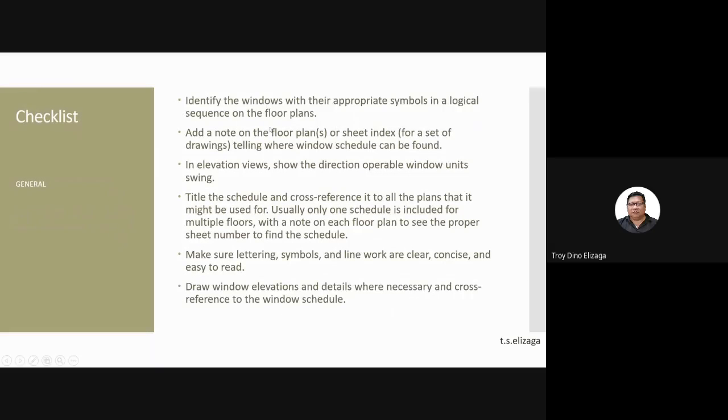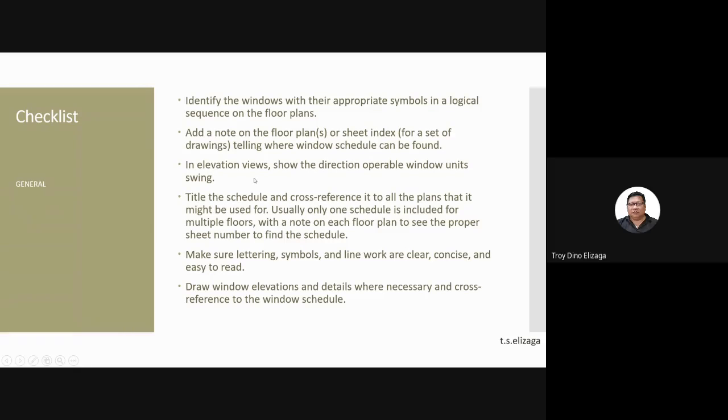So in general, identify the windows with their appropriate symbol in a logical sequence on the floor plans. Again, to make it easier to look for a particular window. Add a note on the floor plan or sheet index telling where window schedules can be found. In elevation view, show the direction operable window units swing.